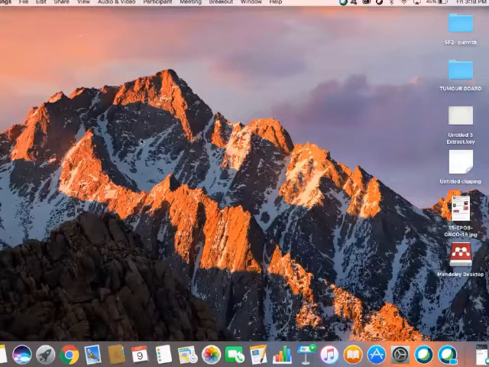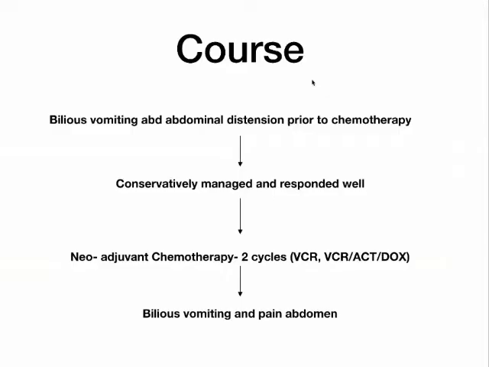Now, there was a clinical query that the child initially presented with features of intestinal obstruction, possibly constipation also. That is the presenting complaint. When we reviewed this pre-chemo CT, there's no evidence of a transition point as such, even though we can see that a few jejunal loops are thickened, but there's not enough evidence to call it an intestinal obstruction. Because of the presence of 3 probable signs of tumor rupture, the clinical features can be correlated with paralytic ileus.